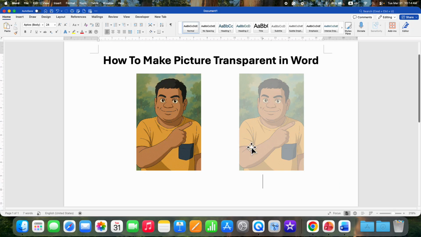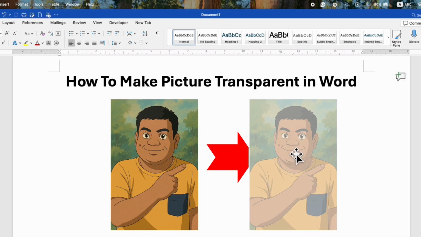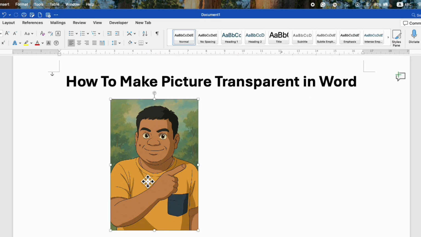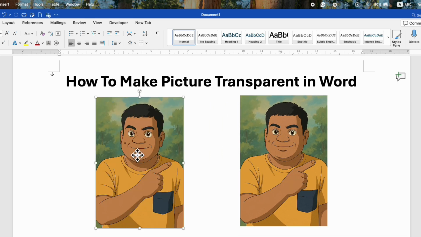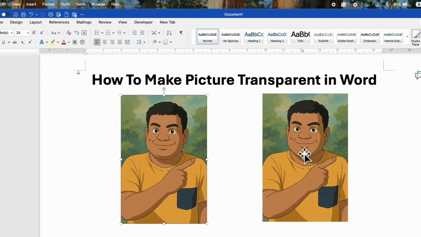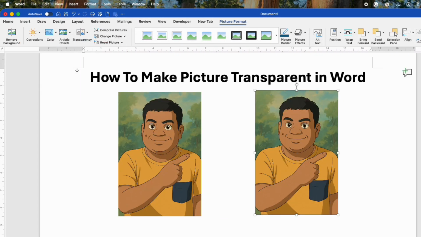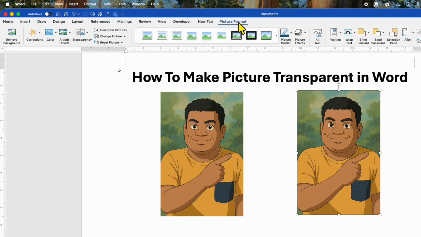In this video, you will see how to make a picture transparent in a Word document like this. First, I will duplicate the image so you can see the difference. To make the picture transparent, you need to double click on the picture, and after double clicking under the picture